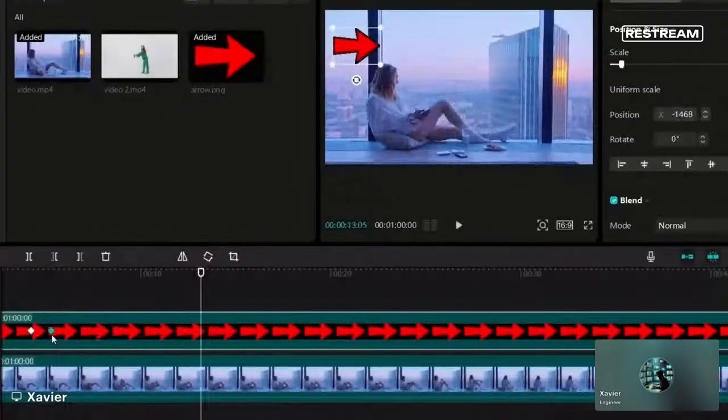Move it something like this. So here we always add two keyframes most of the time. The first keyframe is before, and the second keyframe is after. So before at the start is, and then at the end is like that. So this is how